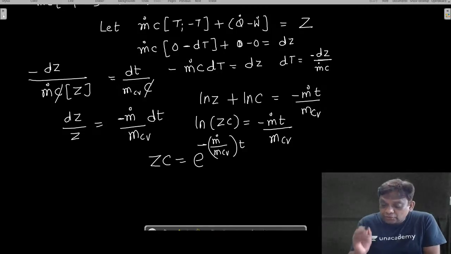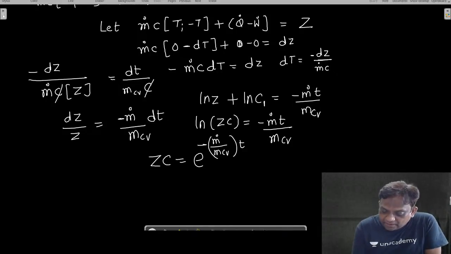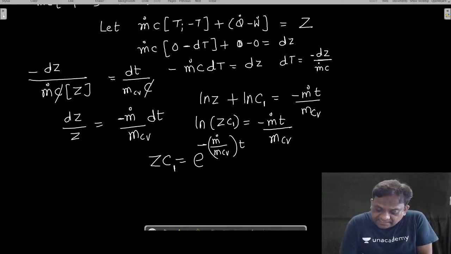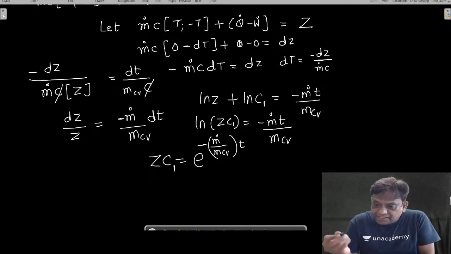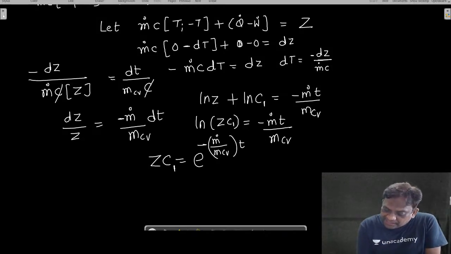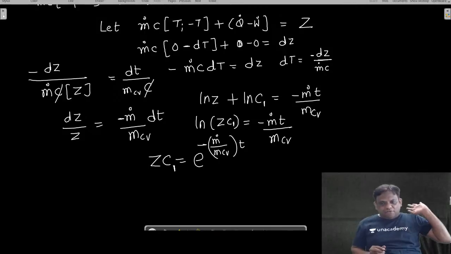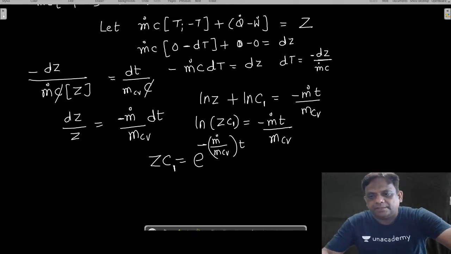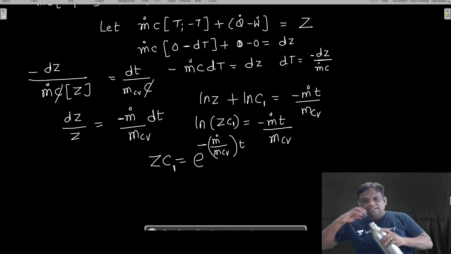Don't get confused, that specific heat C and this integration constant C should not be confused. Don't get confused, because I took specific heat as C. This is the integration constant. Let us differentiate that, otherwise you will get confused. Let us take the integration constant as C1. C1 is the integration constant. Wonderful, wonderful. Now watch, what is Z? All of you, are you getting it, my dear students? What an excellent question this is, look.